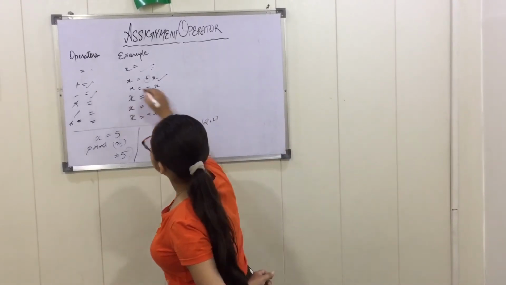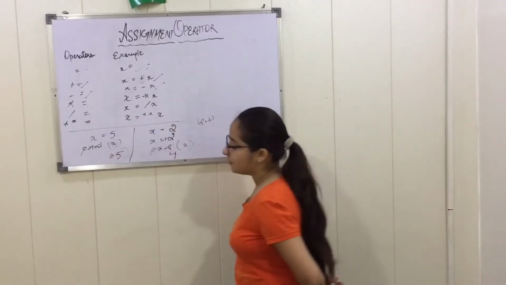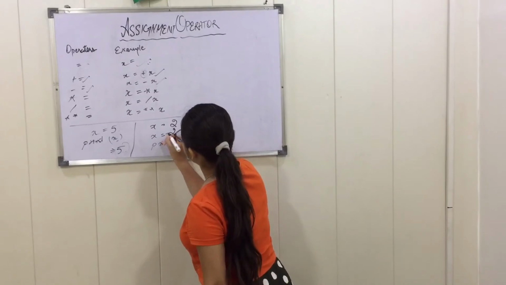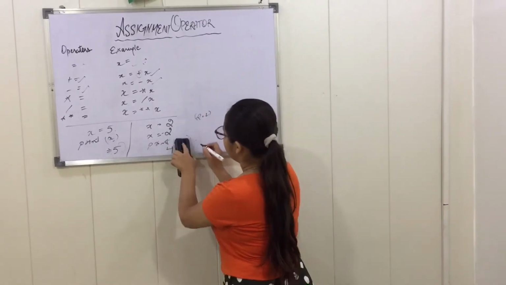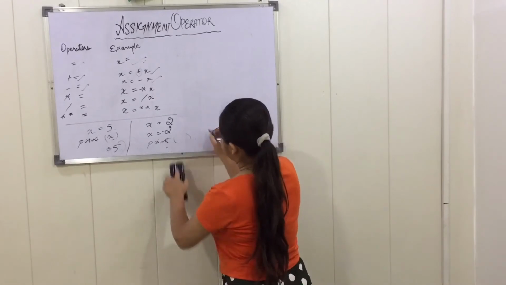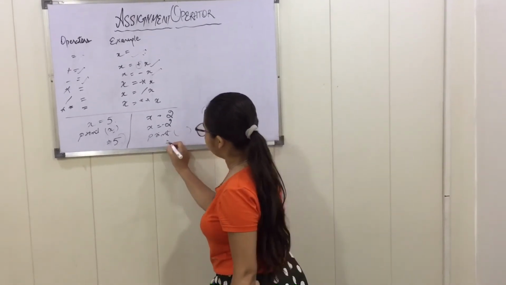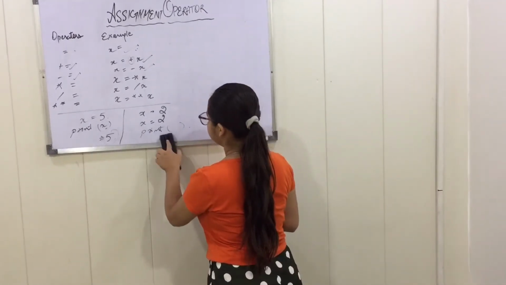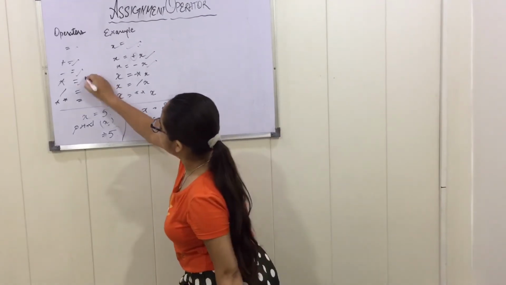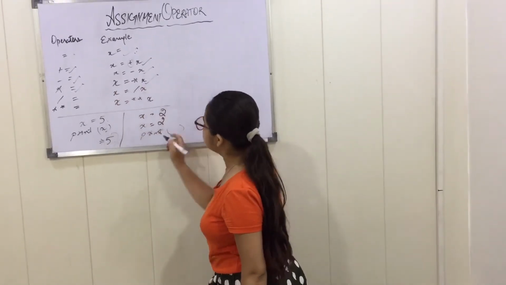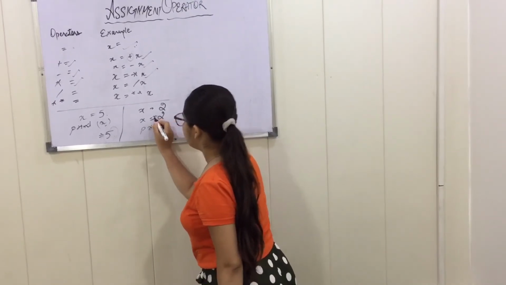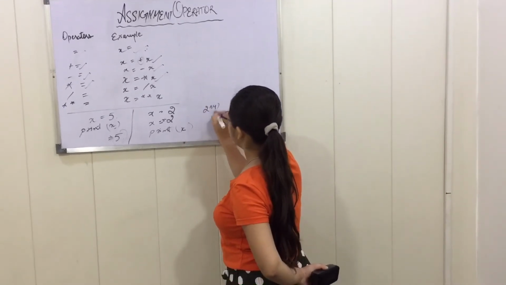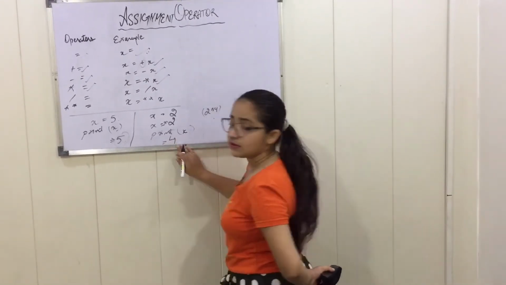Next, the third one is the minus operator. Now we change the operator here to minus. So 2 minus 2 is equals to 0. The answer is 0 here. The next operator is multiplication, which is used like this. We change the operator to the multiplication sign, and print the value of x. So 2 into 2 is equals to 4. The answer here is 4.